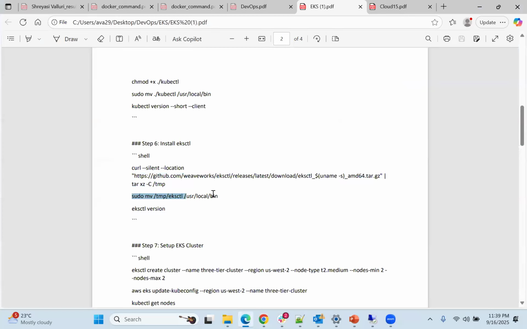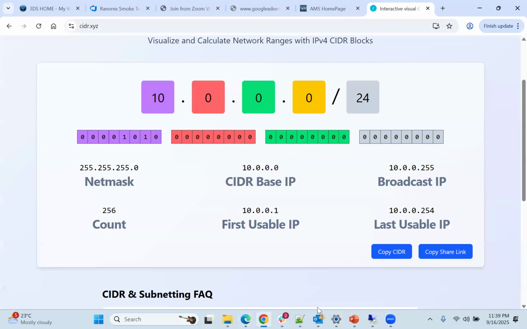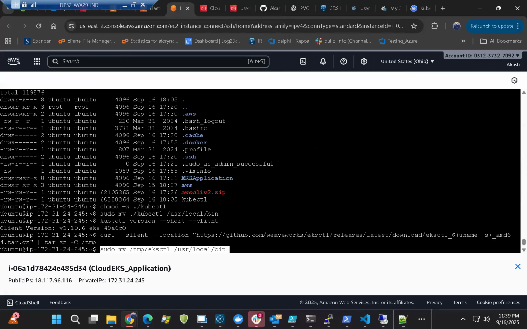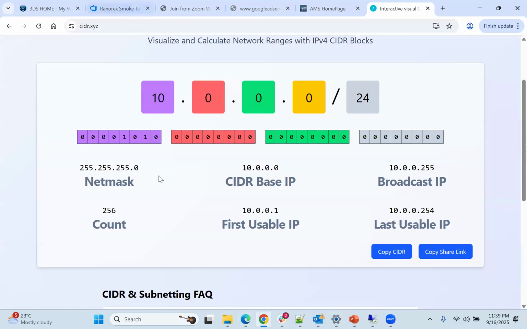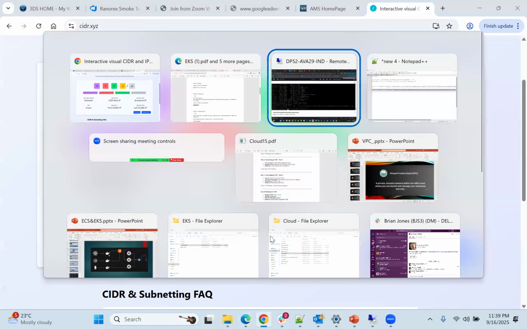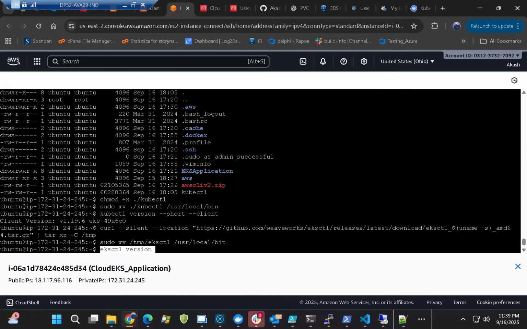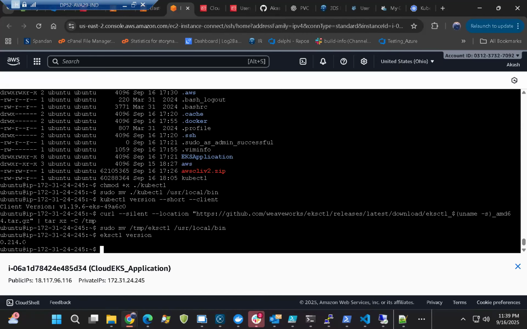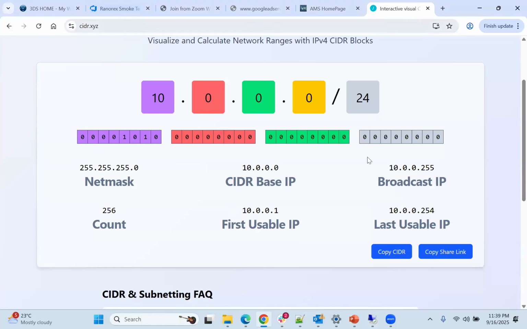Okay. Then again, moving all the necessary files of eksctl into this bin folder, which is the environment variable. Done. And then after, we just check the version. So it showed the version, it means it is also installed correctly. Great, we installed both. Now we need to create